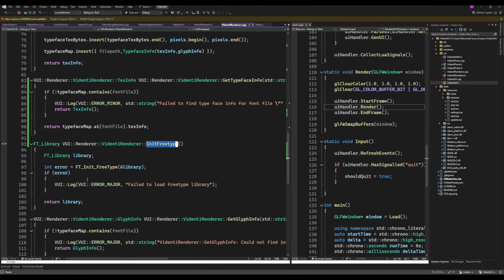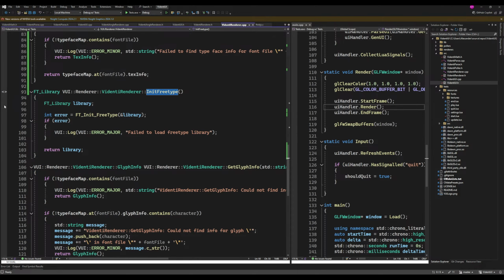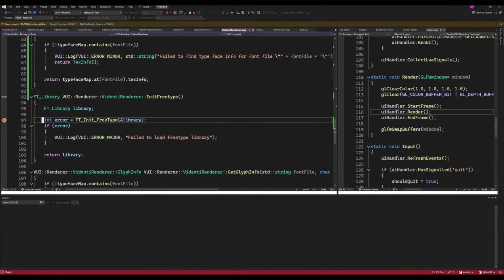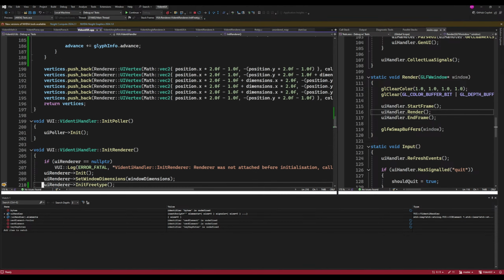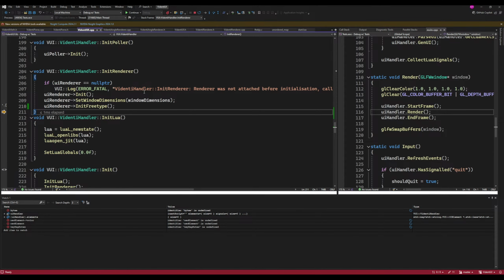Okay, so if I go init FreeType, what's the problem with this here? Step through. Let's go. Okay, so error 0. It loaded properly. Return library. That should be fine. Oh no, whoops. Okay, so it's just returning it, which means UI renderer